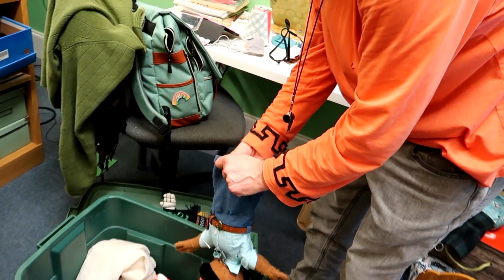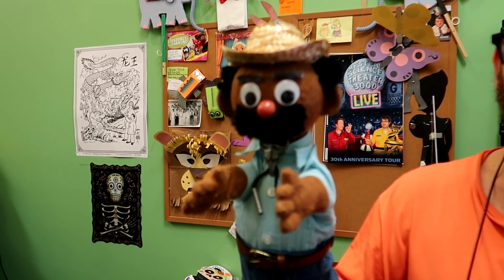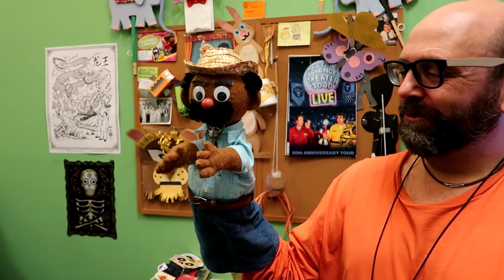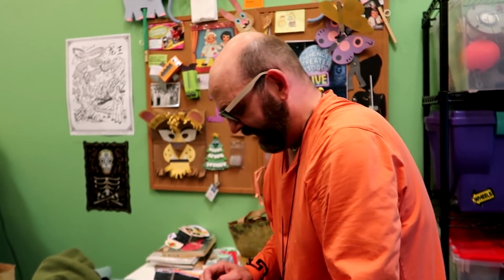I'm from San Antonio originally, so I grew up with Mexican culture around me a lot, and it really stuck and made an impression on me. So to me, this guy really is like taken straight out of my childhood. I knew a lot of people who looked like this guy. This is the uncle, and I really had a good time with these. Very fun was the alebrije, and this is